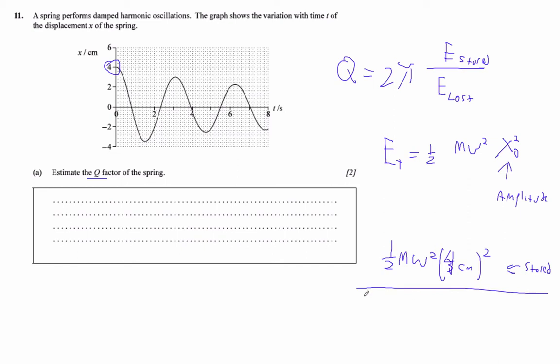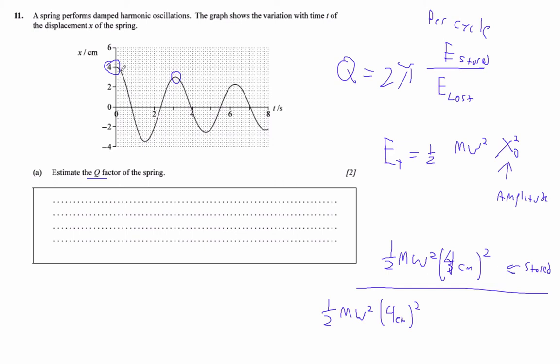And then the amount lost is 1/2 m omega squared times 4 centimeters squared. And if you notice, in the second cycle, and this is per cycle, it actually is, well, let's just see. We've got to read the graph carefully. But isn't that 3? If you read it carefully,